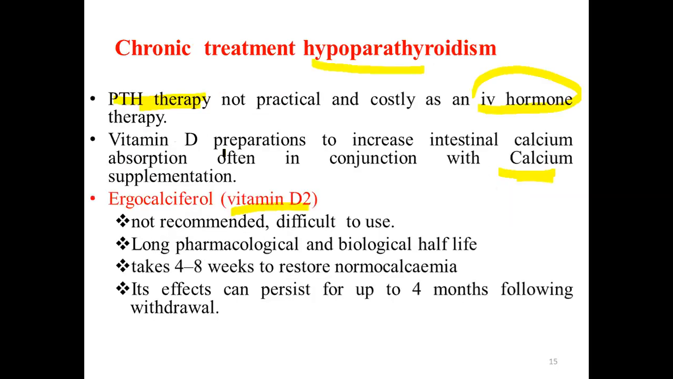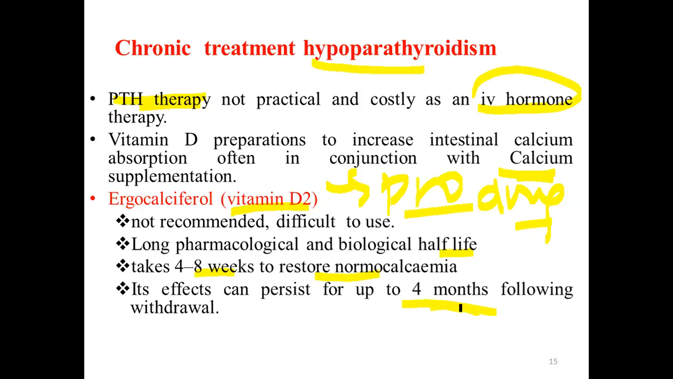Okay, then when we look at ergocalciferol, which is the inactive form of vitamin D2, I can say it is a prodrug because it requires activation. The major problem with ergocalciferol is that it is difficult to use. It has a longer pharmacological and biological half-life, so it will take a longer time to restore normal calcemia. Its effect even persists for up to 4 months following withdrawal. Because of that reason, ergocalciferol is not